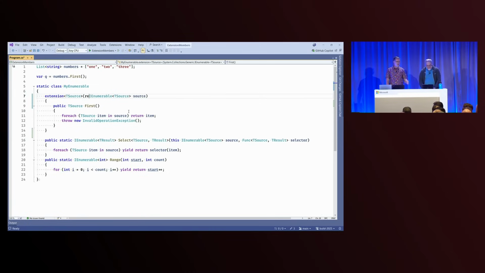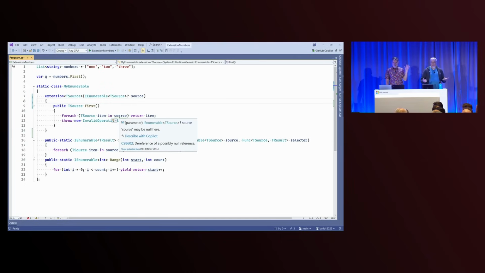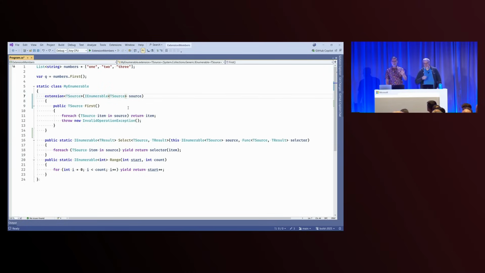Sometimes you want to have a modifier like ref on there. You could do ref. You could put any of these things. You could put attributes on it. You could make it nullable. That's something that you can do with a receiver parameter as well, and sure enough, now we get a nullable warning. And this is not theoretical. When we designed this feature, we looked at many extension methods in the wild, not just our own, but on GitHub and so on. A lot of these things, this expressiveness really gets used. So we're keeping these as parameters. That's clearly useful to a lot of people.